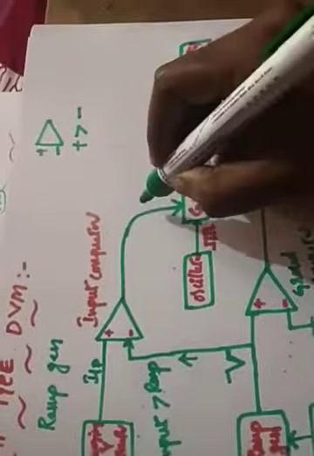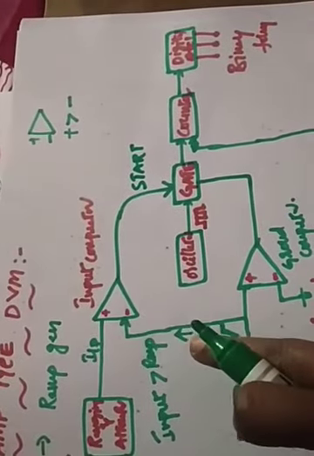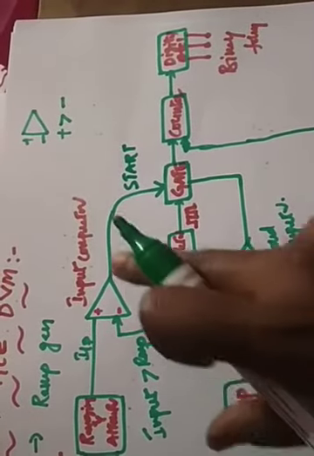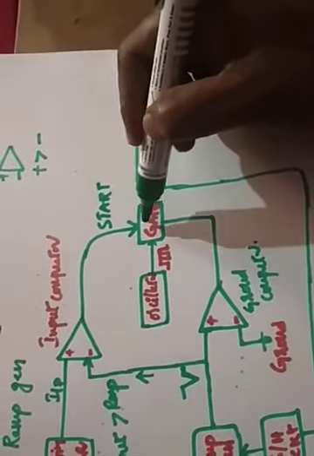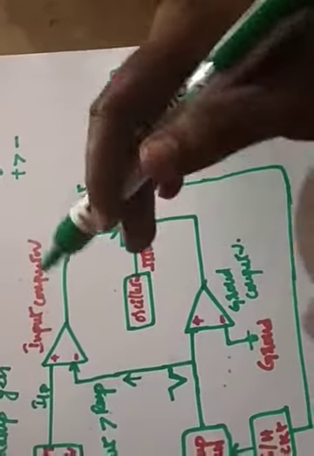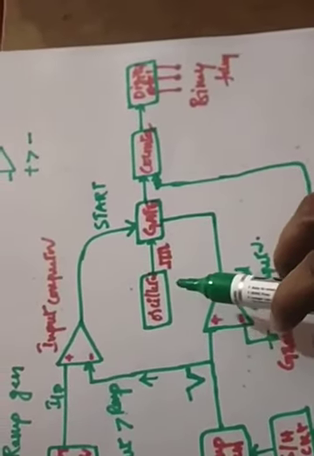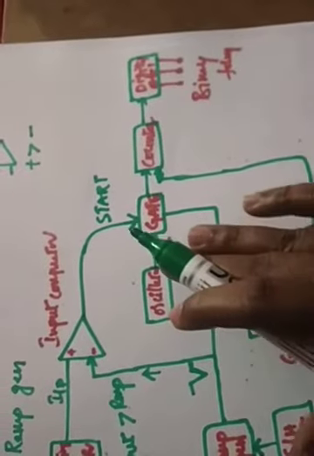Set. So then this comparator will send a start signal, right? If the input is greater than the ramp signal, then only this comparator will send a signal. That signal you can call a start. Whenever the start signal enters, the gate will open. So the gate opened. Whenever the gate opens, the clock pulses from the oscillator will enter,